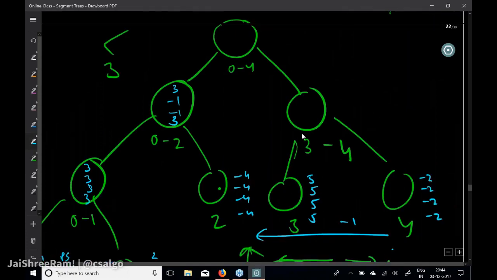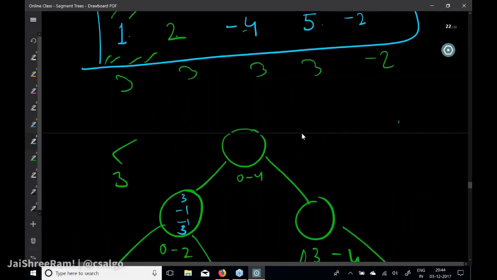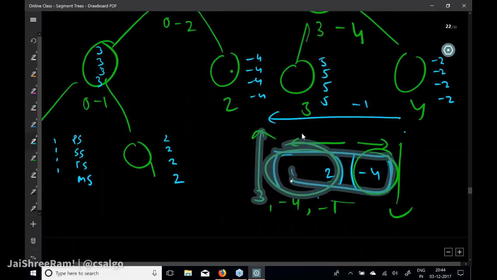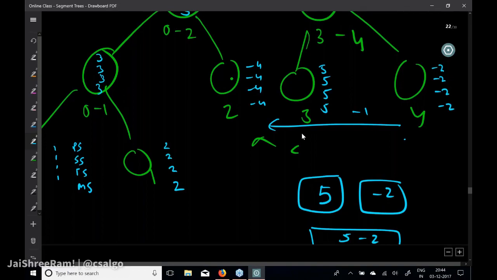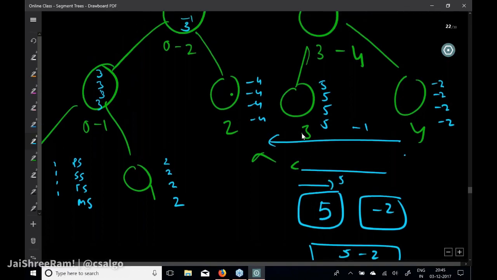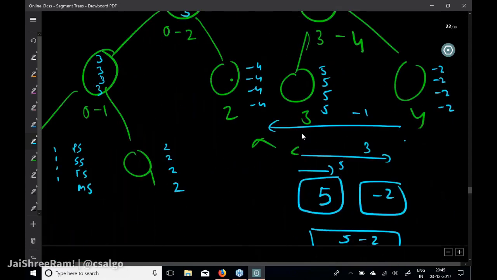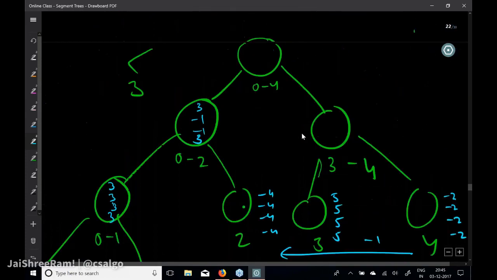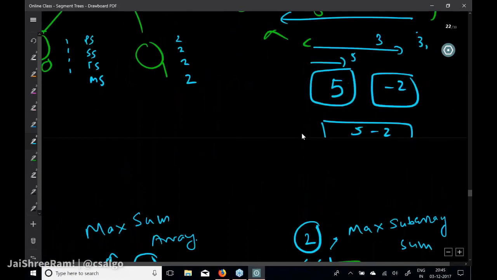3 से 4 की बात हो रही है अब, 3 से 4 में क्या एलिमेंट्स पड़े हैं 5 एंड -2। बेसिकली अब हम इन दोनों एलिमेंट्स को कंबाइन कर रहे हैं, 5 एंड -2 को, ये लेफ्ट पार्ट है ये राइट पार्ट है, और ये एरे बना रहे हैं 5 एंड -2 का, ठीक है। सो सबसे पहले हमें निकालना है प्रीफिक्स सम, तो प्रीफिक्स सम यहां तक लेते हो 5, यहां तक लेते हो 3, प्रीफिक्स का फॉर्मूला देखो, लेफ्ट का टोटल प्लस राइट का प्रीफिक्स। लेफ्ट का टोटल कितना है 5, राइट का प्रीफिक्स कितना है -2, तो 3 आ रहा है, एक ऑप्शन हो गया 3, या फिर लेफ्ट का प्रीफिक्स विच इज 5, सो बढ़िया 5।